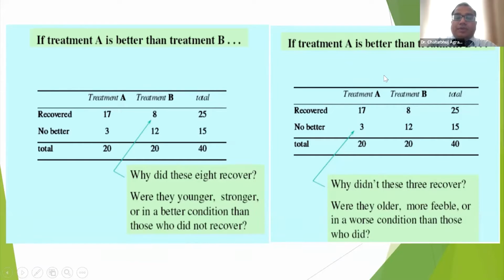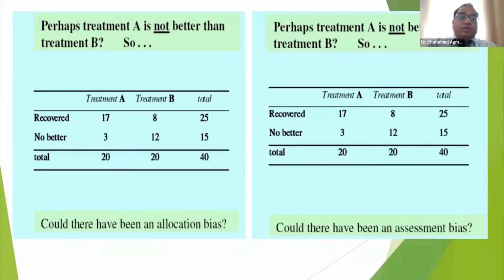Or if treatment A is better, then why didn't these 3 recover even when they received treatment A? Were they older, more feeble, or in a worse condition than those who did? So probably randomization, when we randomize the people, the investigator is not biased to give treatment to more sick individuals. And this